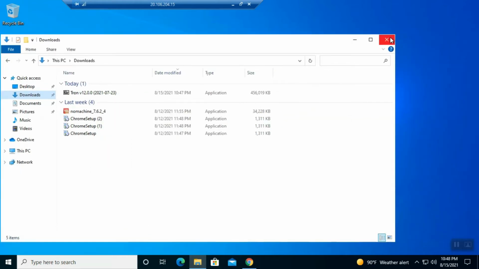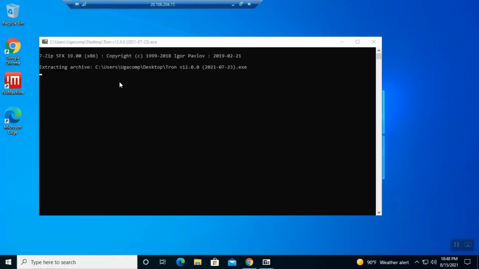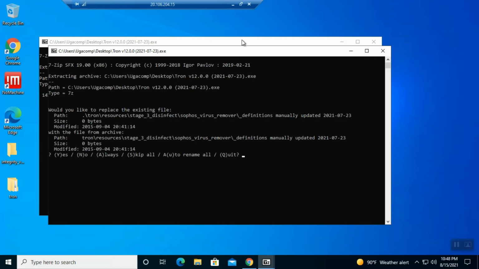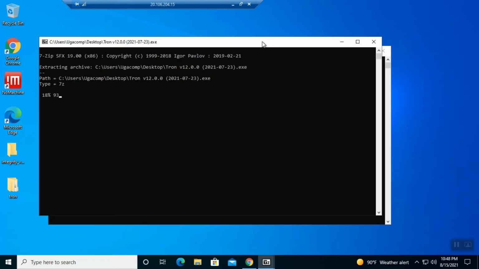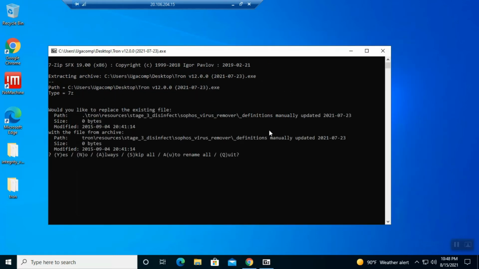After copying the script from your download folder to your desktop, the next step is to click on the script. You click on the script, and you wait for the script to extract the necessary files to your computer. It's now extracting everything you need on the computer. Now, the next step,